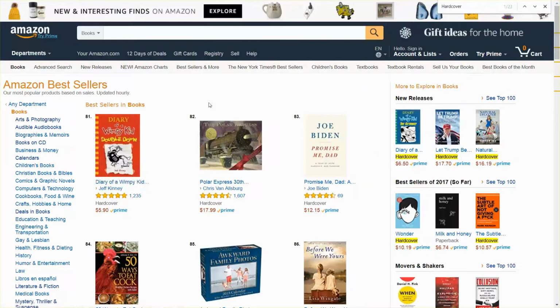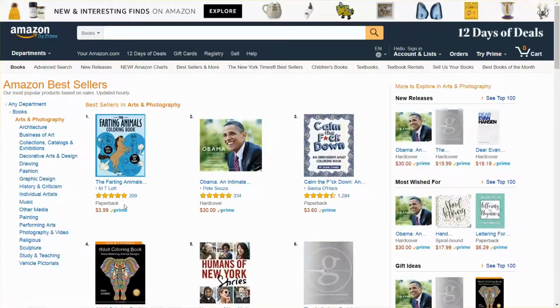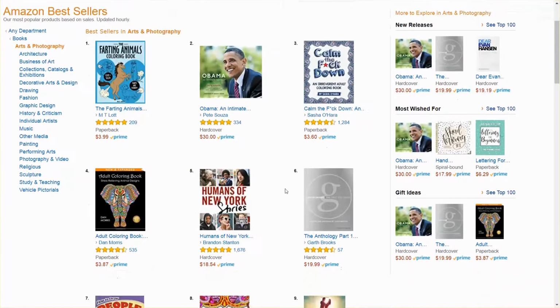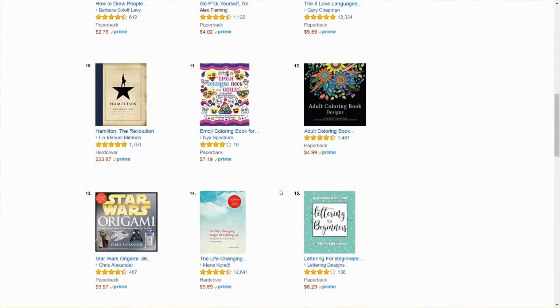Now, on first sight, there's one anomaly, which is that within books, you also find here a subcategory, books on CD, and you find Audible audiobooks. And at this point, I said, well, okay, fair enough. They just lumped it in here under books. Now, when you click on a certain category, let's take the first one here, arts and photography. Also here, I see paperback, hardcover, paperback, and so on and so forth. If you scroll down,